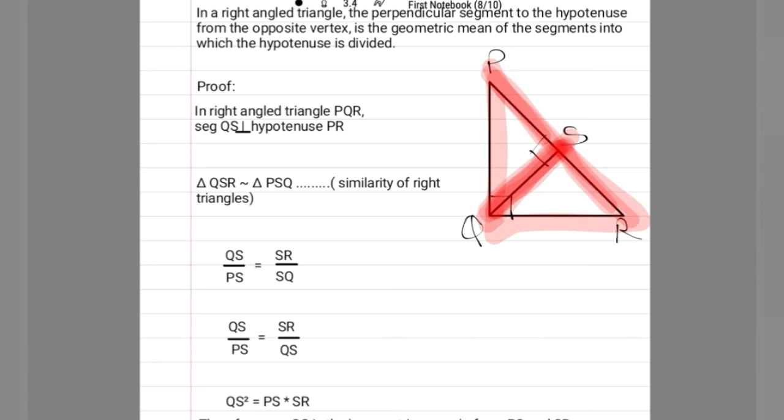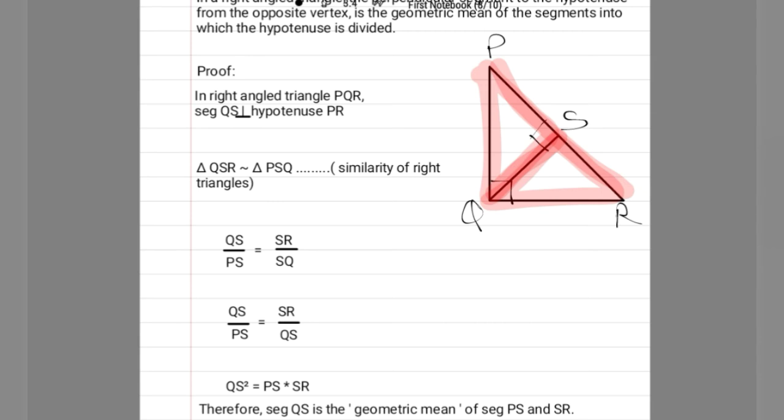So what they have given here is, in a right angle triangle, segment QS is perpendicular to hypotenuse PR. I have shown you this earlier. This QS is perpendicular to PR. And we have seen in a previous theorem that these two triangles will be similar, right? We have proved that these two triangles are similar if we draw a perpendicular line from the right angle triangle to the hypotenuse. So according to the similarity tests or the property of similarity, we get that the sides are